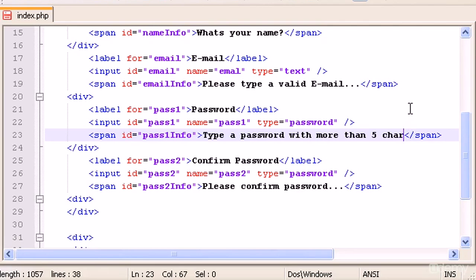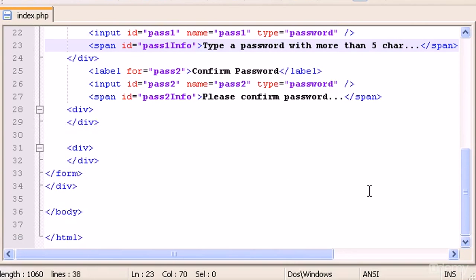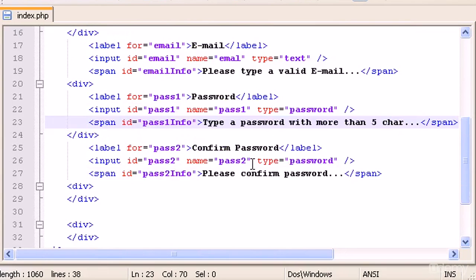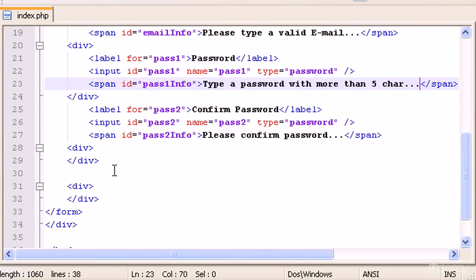Okay, let's save it, and let's see, 1, 2, 3. Okay, so now I have another div here,